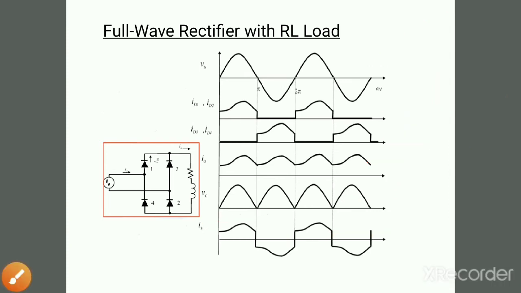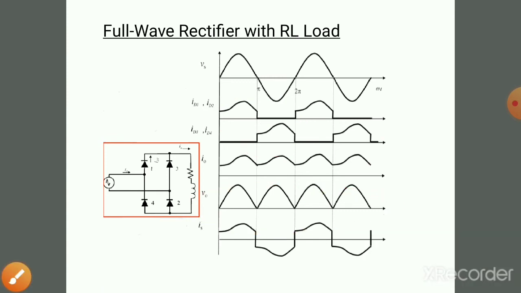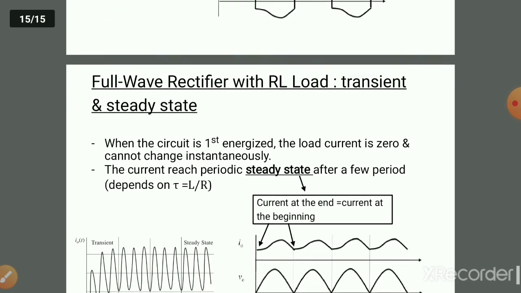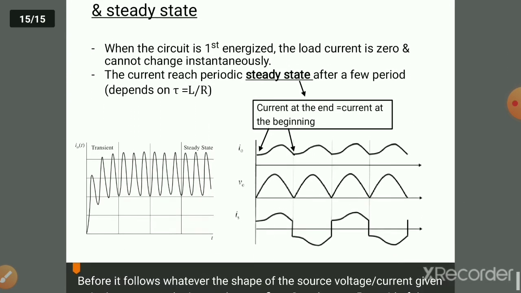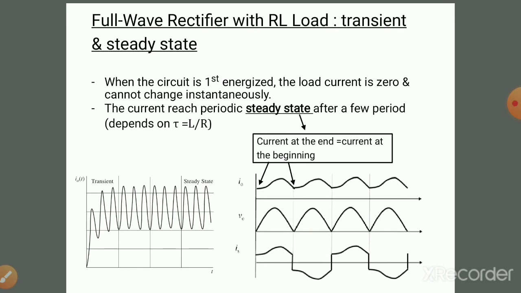You can observe small variations in the current, while the voltage remains the same, but there are linear and non-linear variations in the current. Except for that, the procedure for R load and RL load remains the same. Then full wave rectifiers with RL load, transient and steady state analysis. This is not much included in our syllabus, but some transients are created in case of RL load, so we have to study the transients also.